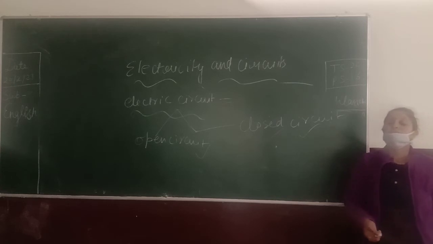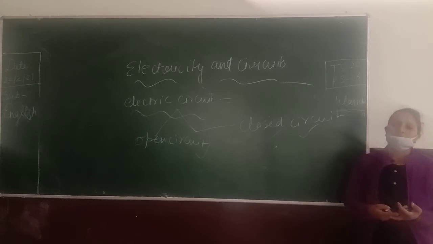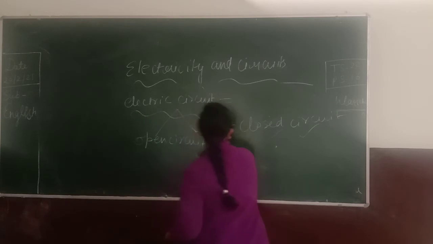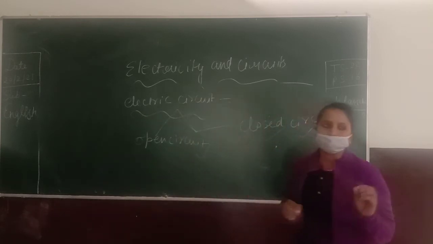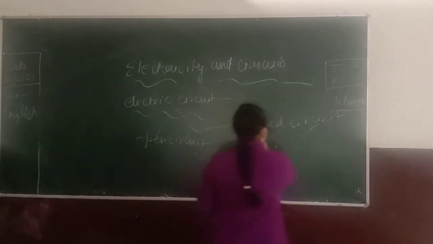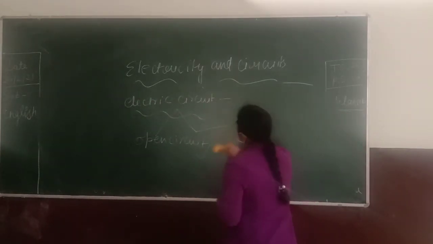Who is saying open? Just stand up. You are saying closed. I am talking about who is saying open. He was saying closed, beta. I am talking about who is saying open. Sit properly first of all. Beta, let me explain first. Open circuit and closed circuit. First of all, let's make a circuit. पहले एक circuit बनाते हैं, okay? Let me make you clear, students.